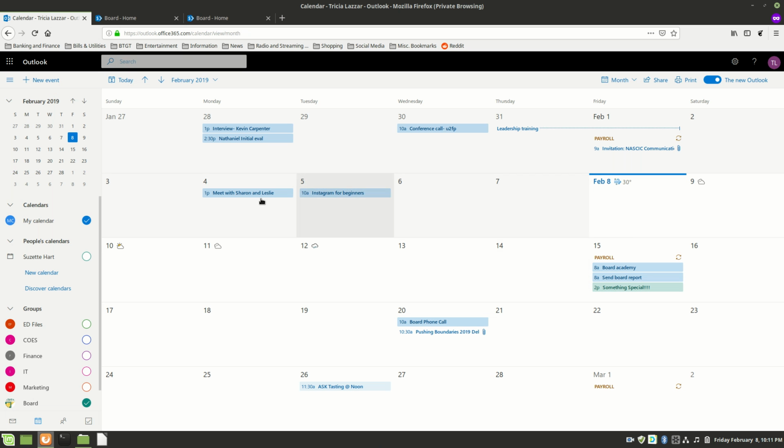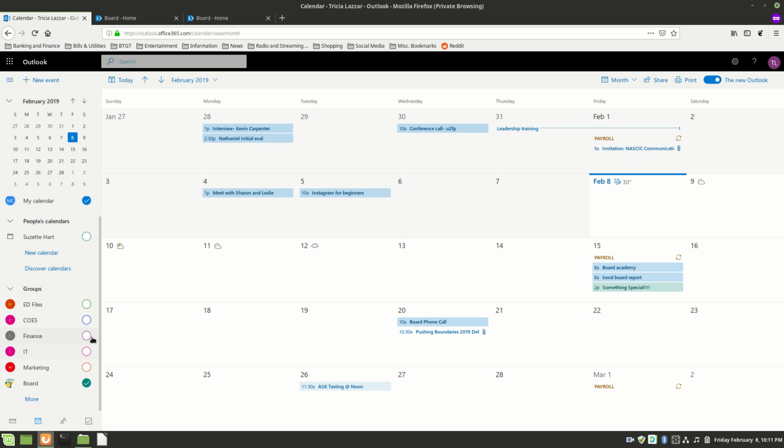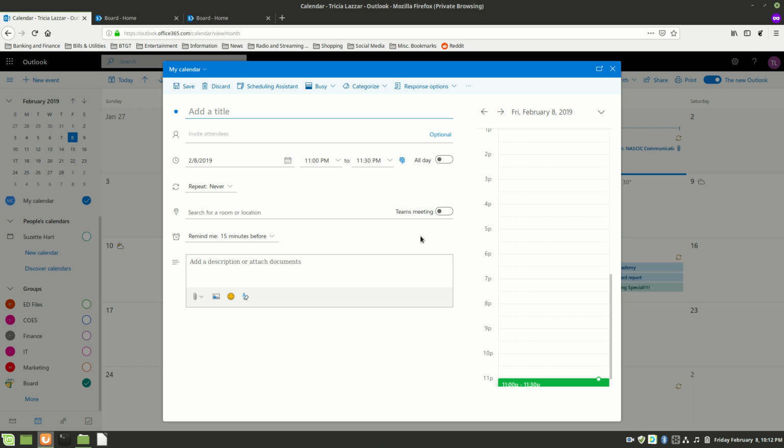Here is your Outlook. Sorry, I'm in your Outlook. I can get into your Outlook here. Here is all of these groups that you're a member of. And one of those groups is board, okay? And you'll notice the dark green color that corresponds with the dark green color in the calendar. And there's that something special. If I wanted to create a new event, this is the web-based Outlook, but you can do this in your desktop-based Outlook as well. And we'll do this